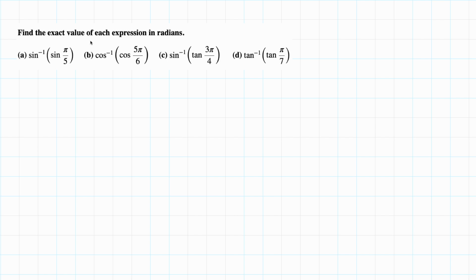Find the exact value of each expression in radians. Sine inverse of sine something, cosine inverse of cosine, sine inverse. This is an inverse function. Okay, sine inverse of sine, they can be cancelled as long as this angle is, let's